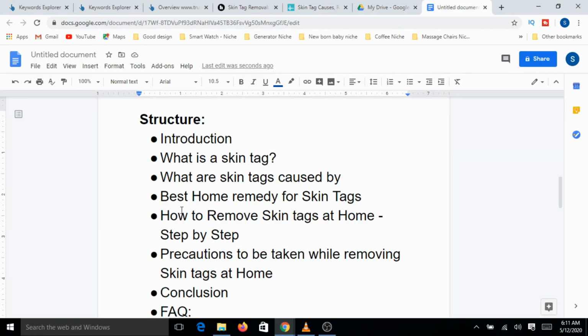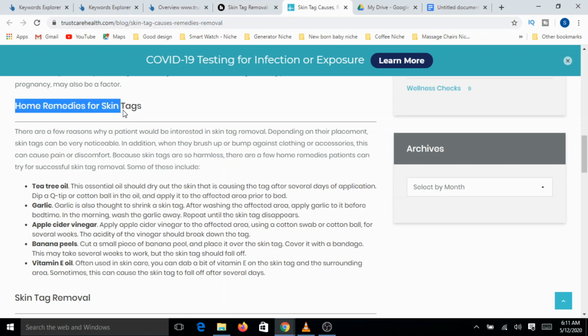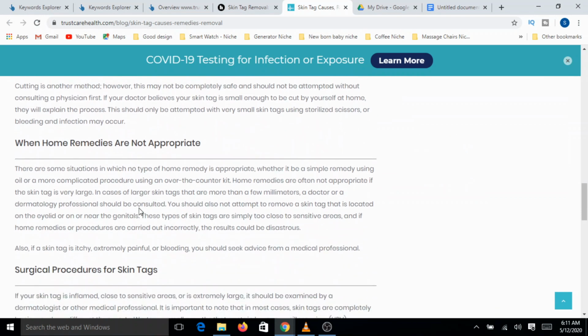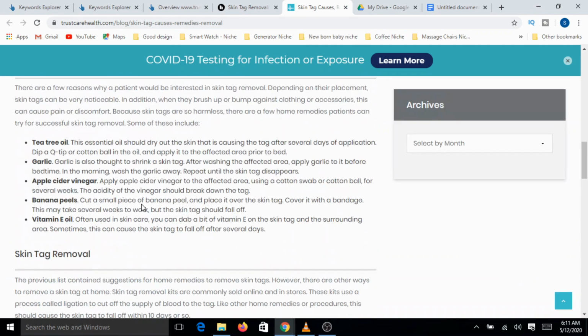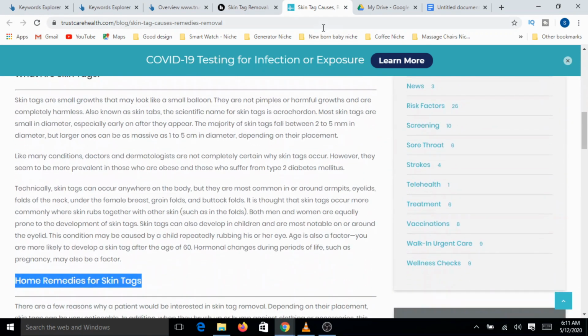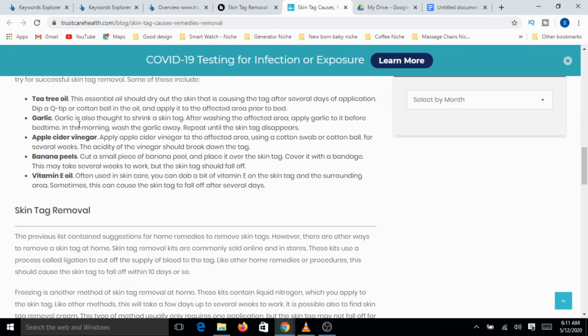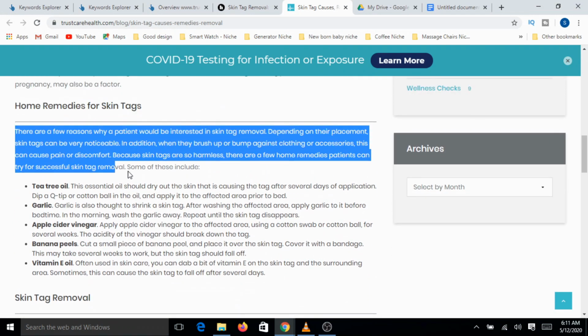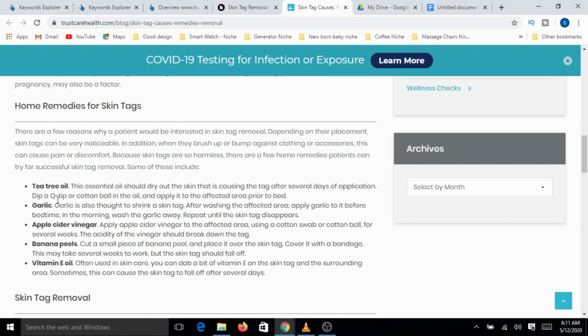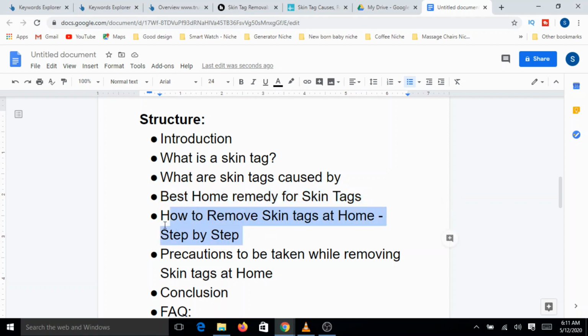So we just spoke about this, right, what is the difference between this and this. Now if you see this article, in home remedies the author mentioned various things, like tea tree oil, garlic and all those things, different methods you can apply. That's about the home remedies. Then the how part is not really covered here, okay. This is the difference. So you can cover, in a little more exhaustive way, all the methods that you can apply as remedies, and you pick the top one, two or three methods, and then get into the how part step by step. That will obviously make your article stand out and be superior compared to existing articles.